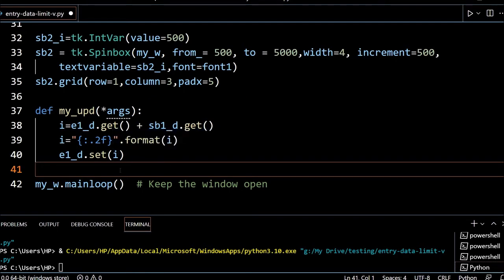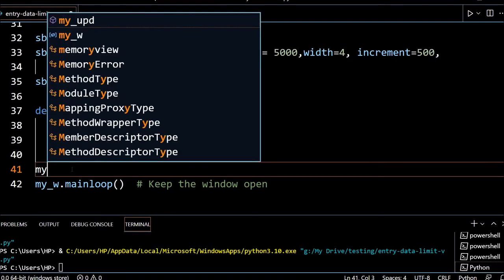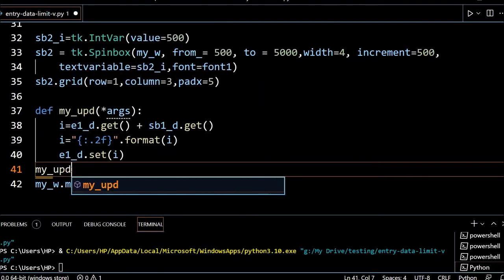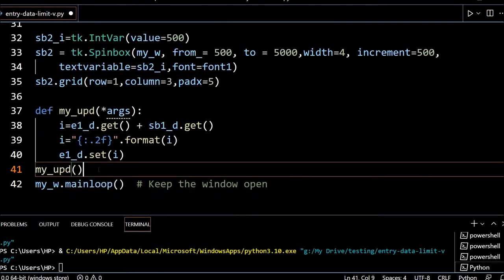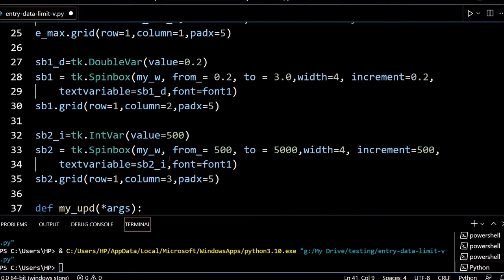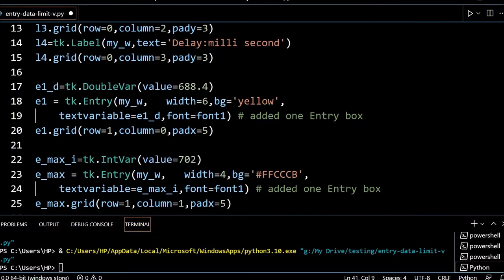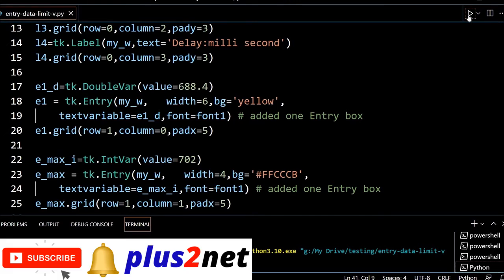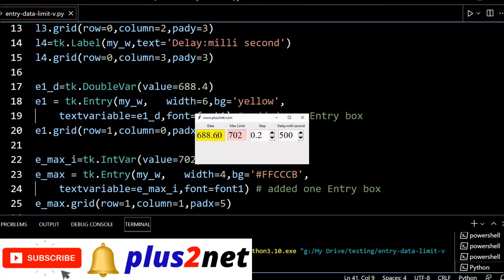But this will not run by itself, so I'll save it and call that function, my update, once. This will be one time only. The initial value we have kept is 688.4. One call will increment by 0.2, so it should reach 688.6.